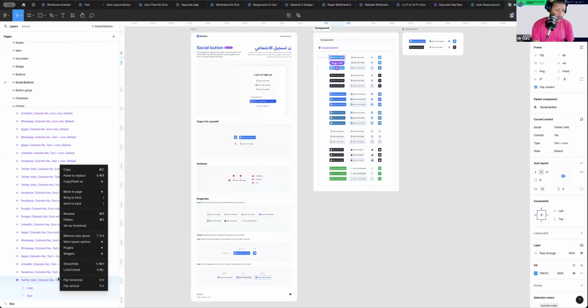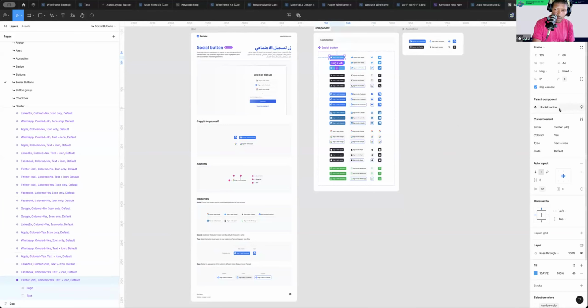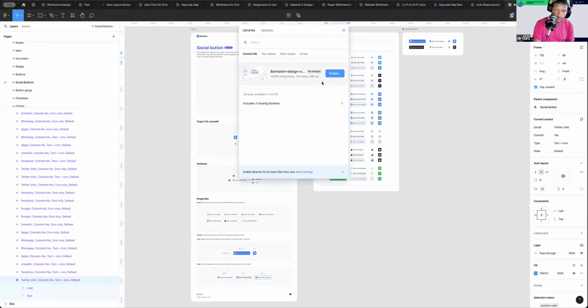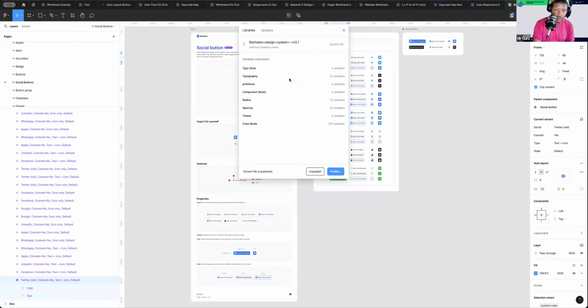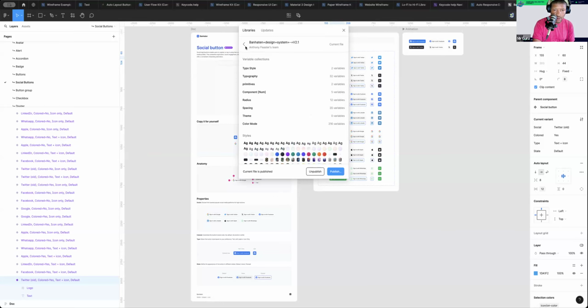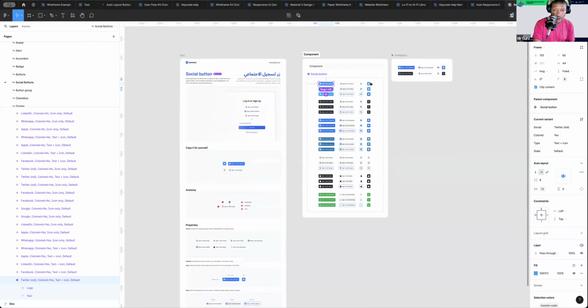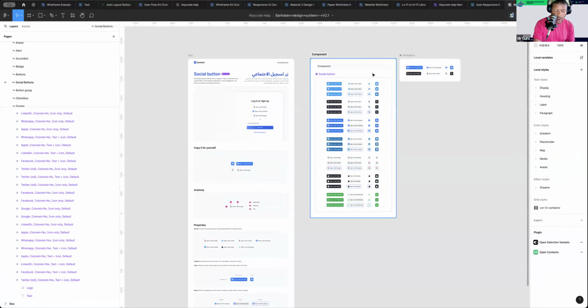Let's see. Does it give us an option? More layouts? I don't know. Let's see. Variant. Dang, what I'm looking for. Variable collections, themes, radius, all of these things. That's not what I'm looking for. I wanted to see if I can add this into it. So I guess what I would do instead, I'm gonna copy this,